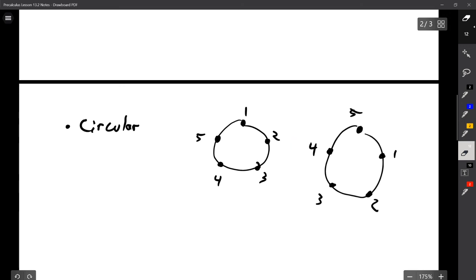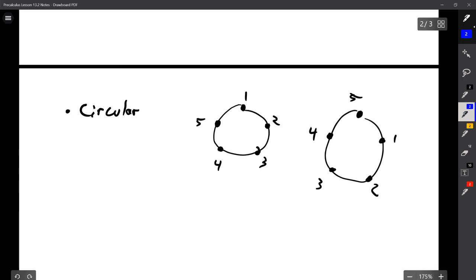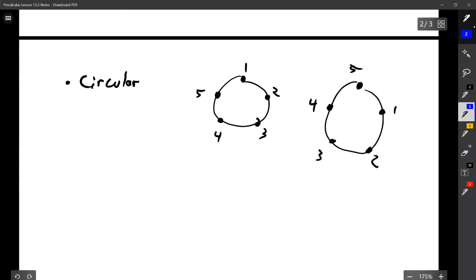But if there's no point of reference, can we arrange these people without switching up who's sitting to who's left and right? Well, if there are 5 spots in the circle, then there are 5 different ways that you can rotate it and keep everyone the same relative to each other. Okay? So that gives